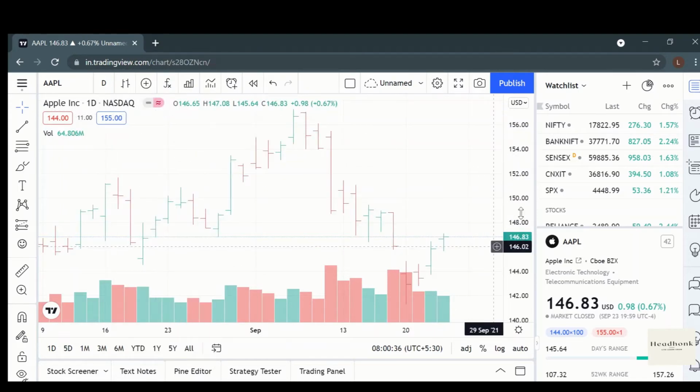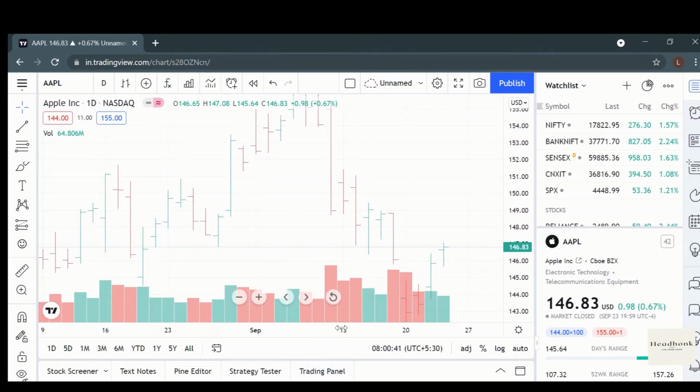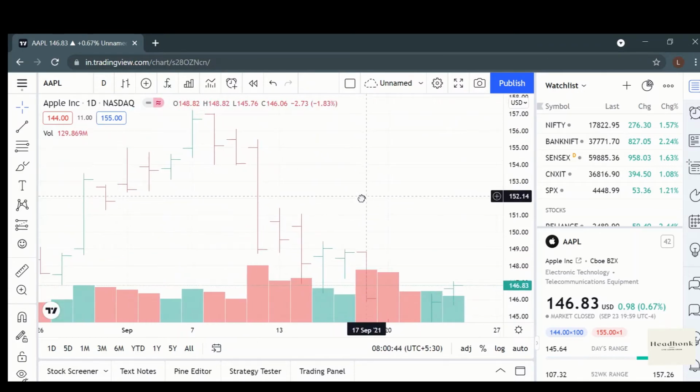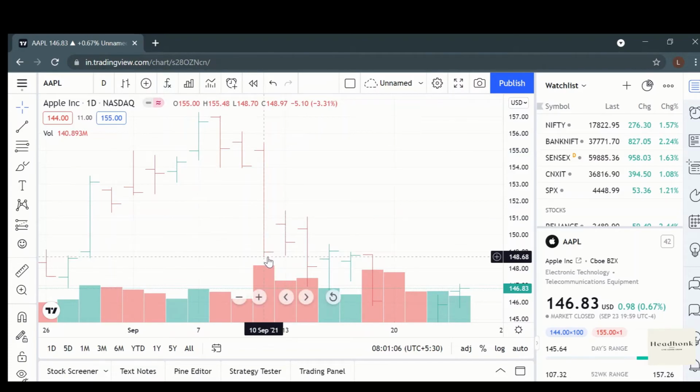The next chart is bar chart. Let me zoom it a little so that it is clearly visible. Okay, so this is how a bar chart looks like. It provides more information than line chart. If you look closely, we can see a tick on the left hand side, and the left hand side tick will always represent the opening price. The tail above will show the high price that it touched. The tail below will show the low price that it touched,